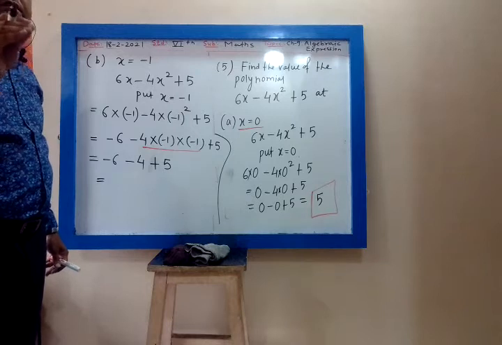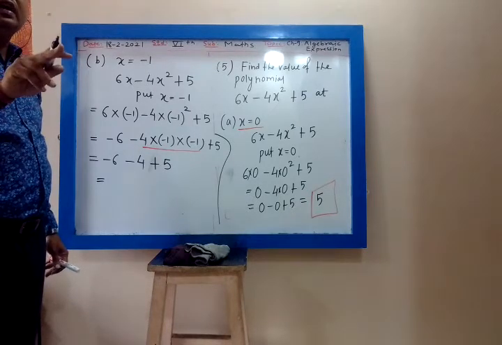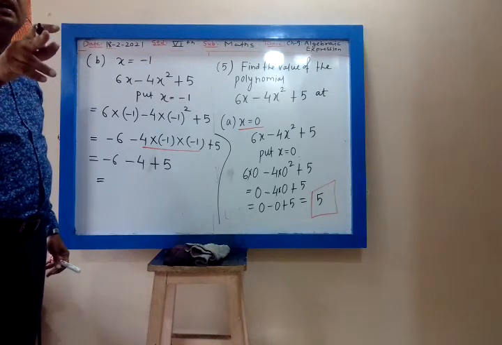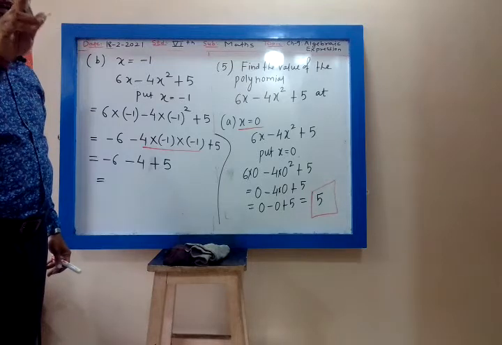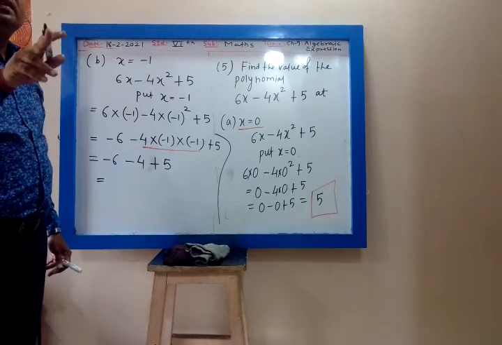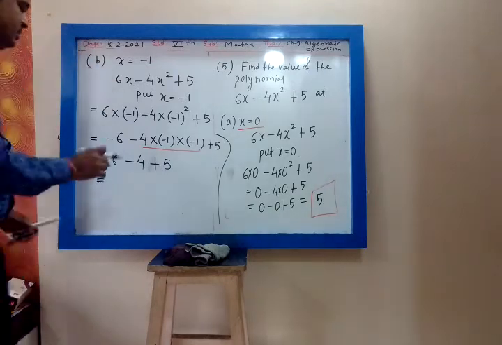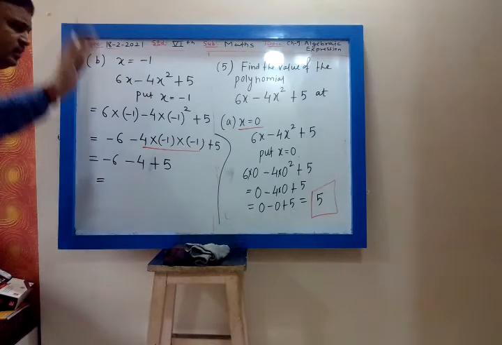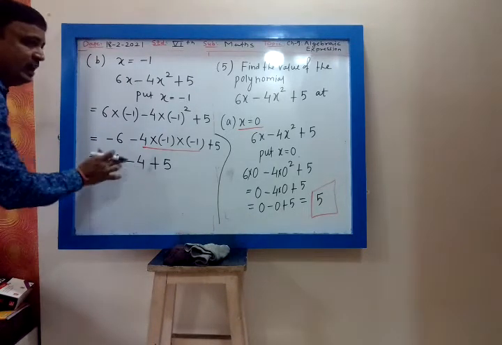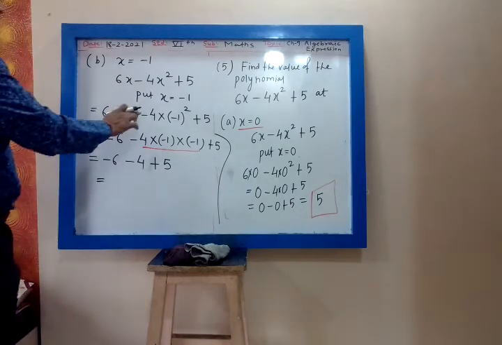During integers I have told you, in addition, whenever they have the same sign, you have to add the numbers and take the common sign. Whenever they have the same sign in addition or subtraction, you have to add the numbers and take the common sign. So, 1 minute. Minus 6 and minus 4, they have the same sign. 4x square.